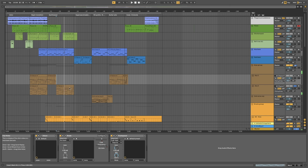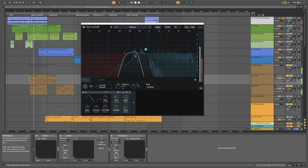This is more of a background arp underneath some of the leads that are going on. What's happening at the transition section is the filters are opening up slowly. It's the classic, slow opening filter kind of synthwave sound. But it also has an LFO on it that's just continuously modulating it up and down with a little bit of resonance, and that continues even when it comes in all the way, although it's less noticeable then. But it just gives it a little bit of motion, a little bit of interest, so it's not a completely